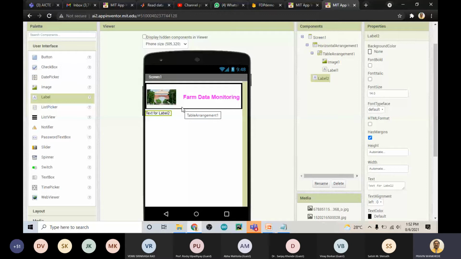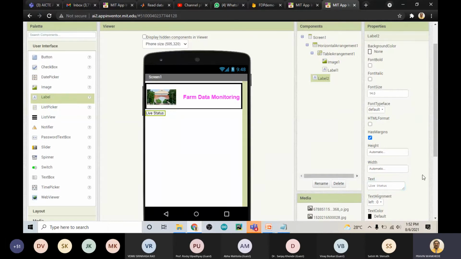And I'll write on this label, live status. Okay. Now make the width fill parent.